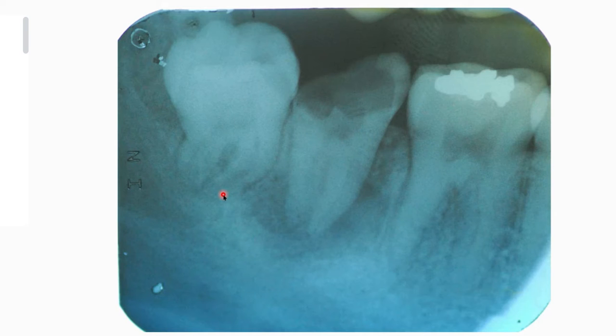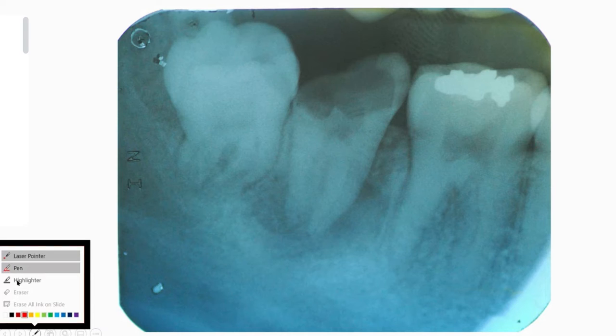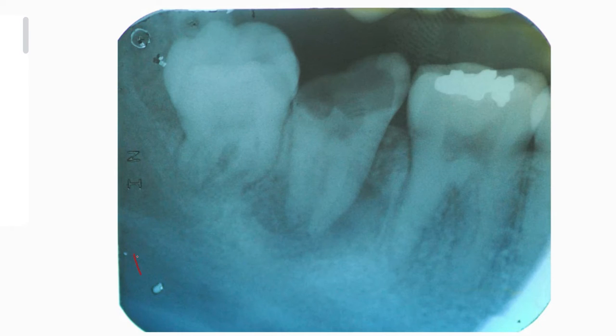When you're going to interpret your radiograph completely, you start with radiographic identification. So this is a radiograph of mandibular posteriors. In case right or left is mentioned somewhere over here, if they had mentioned that this is right, then you can write it as 46, 47 and 48. Okay, clear? If not, you just mention mandibular posteriors showing the first, second and third molars. Simple. Okay. Now coming to the normal radiographic landmarks.